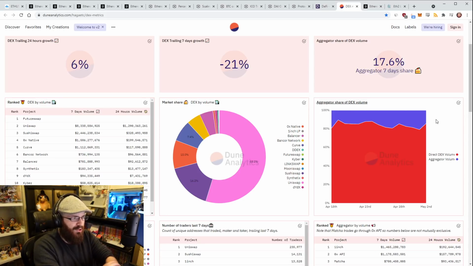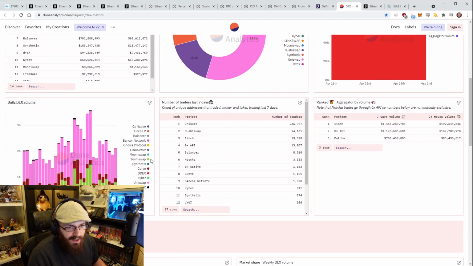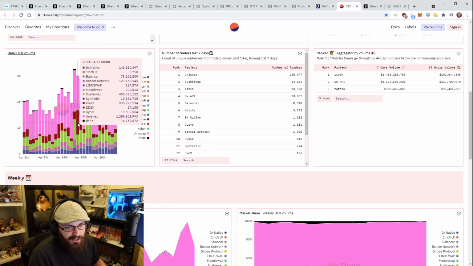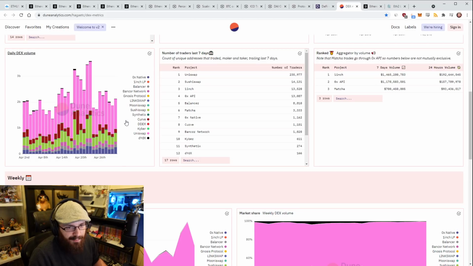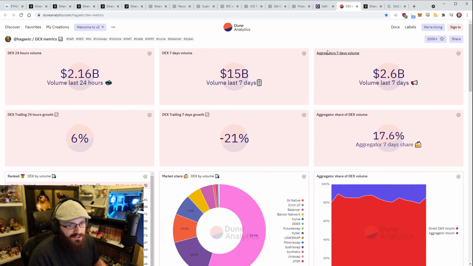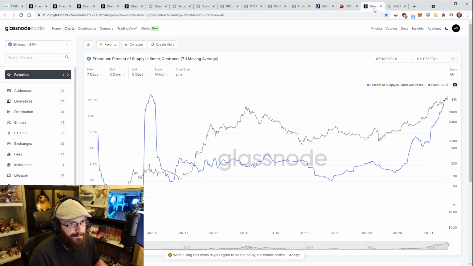You would expect a lot of people to go through aggregators, but I think they don't. I think a lot of people just go to Uniswap, right? And just use Uniswap's contracts directly because that's what they know. There's a lot of newer people who won't use an aggregator, but will use Uniswap right off the bat here. So cool to see that. But this chart on the left, the daily DEX volume, is pretty illuminating as well. There's some spikes and stuff like that, but Uniswap is still leading here. So very interesting metrics on the DEX front.